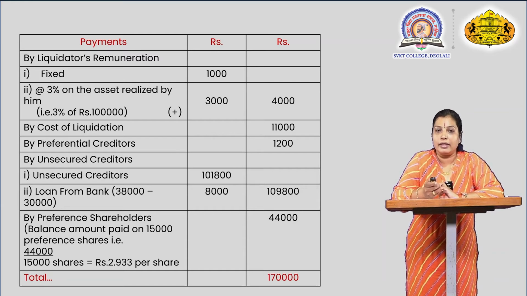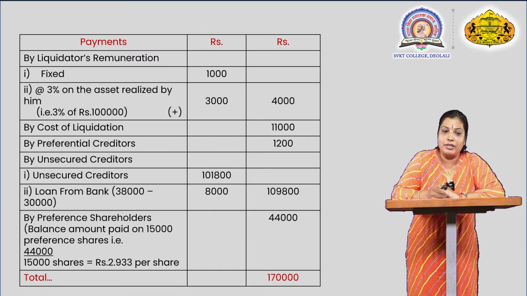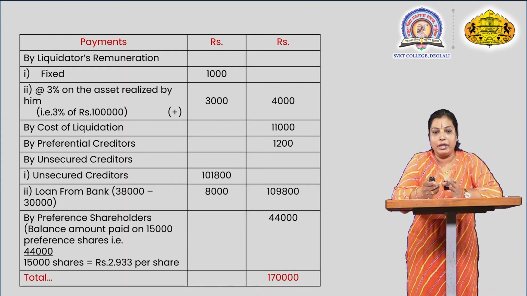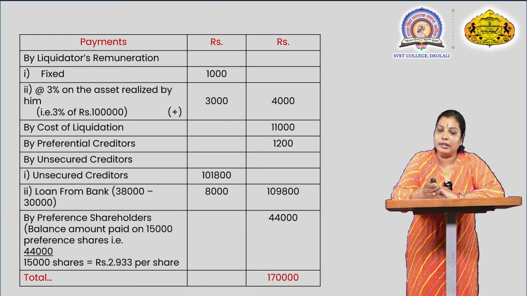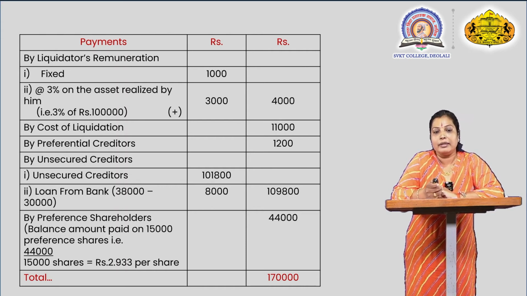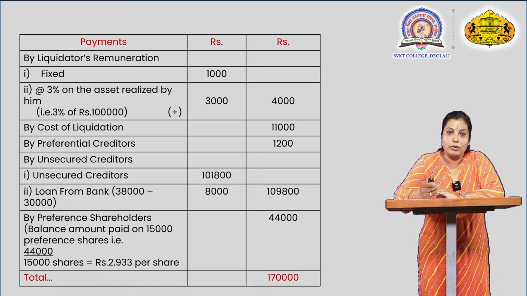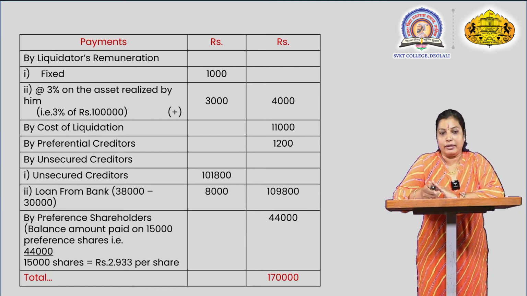Unsecured creditors are also given in the balance sheet. If there is no adjustment, the figure mentioned here is 1,01,800. Loan from bank is 38,000, but the loan is taken from the bank on mortgage of the stock of raw material. The stock of raw materials in the balance sheet is 50,000, but the amount realized by the bank